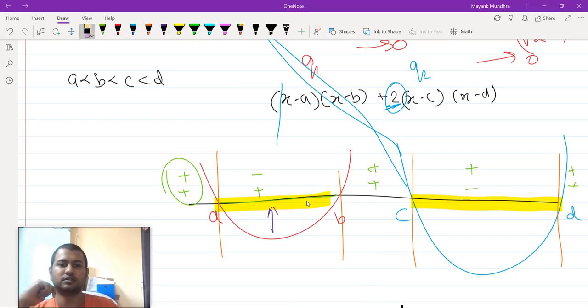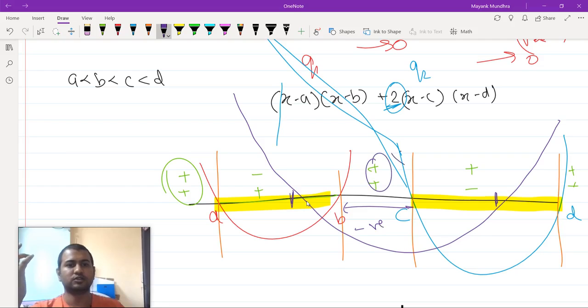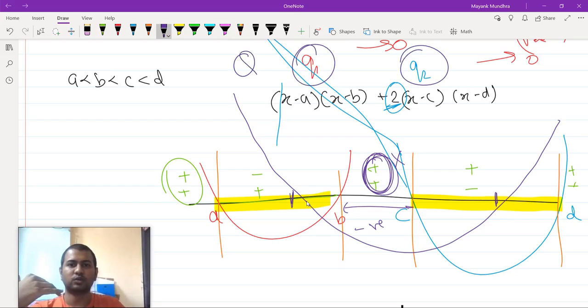Okay, let's take this situation when the joint curve has one root here and one root here. So the joint curve will look something like this. So the joint curve, which is also a quadratic, if it looks something like this, then in this region its value should also be negative. So this sort of situation negates the idea that in the middle you should have a positive value for the entire curve, because if both the individual curves, quadratics q1 and q2, are taking positive value, the total quadratic q, which is q1 plus q2, should also be positive.